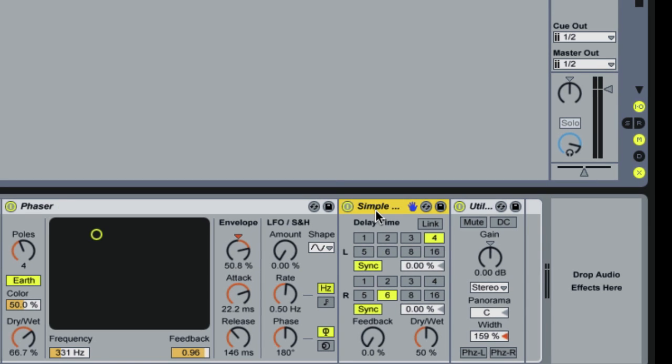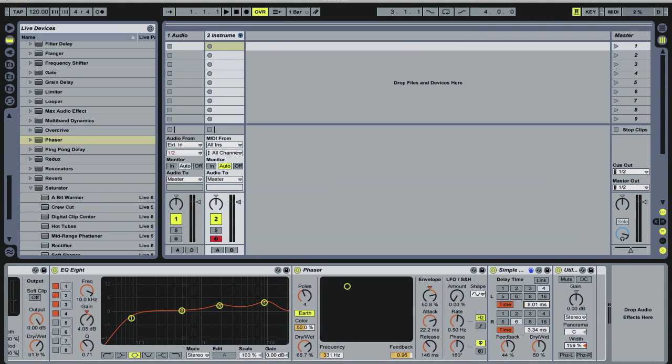And I'm going to turn that delay on now, and I'm going to put it into time mode because we're going to want some really short delays. I'm going to bring the feedback up a bit, and let's hear how that sounds. That's sounding quite good. I almost feel like it could use a little bit more distortion, but I'm going to